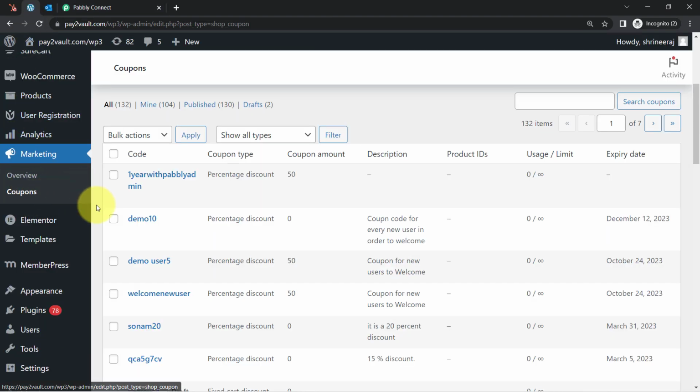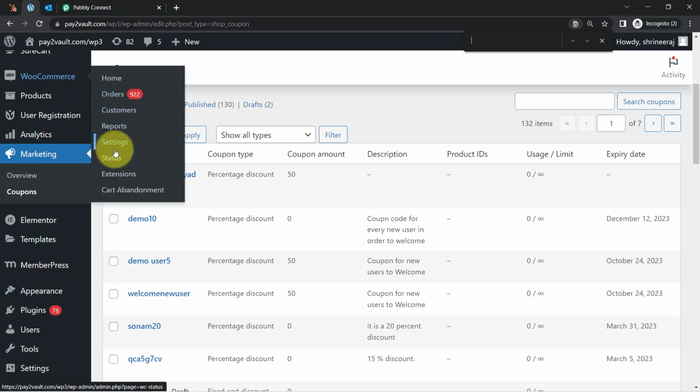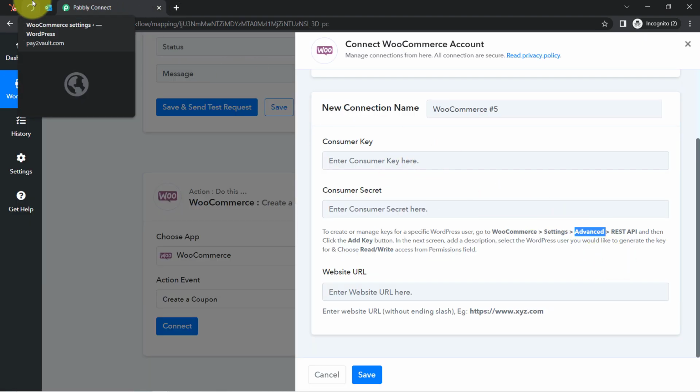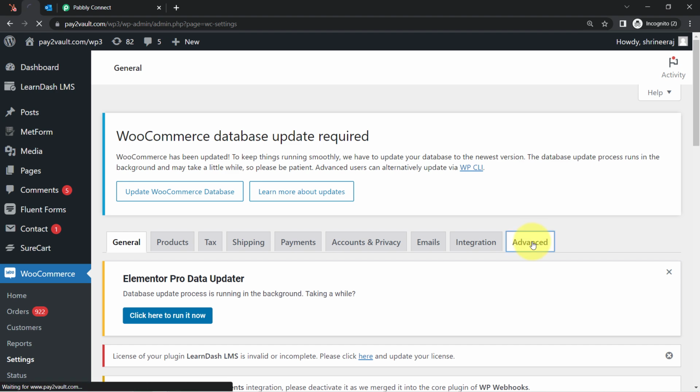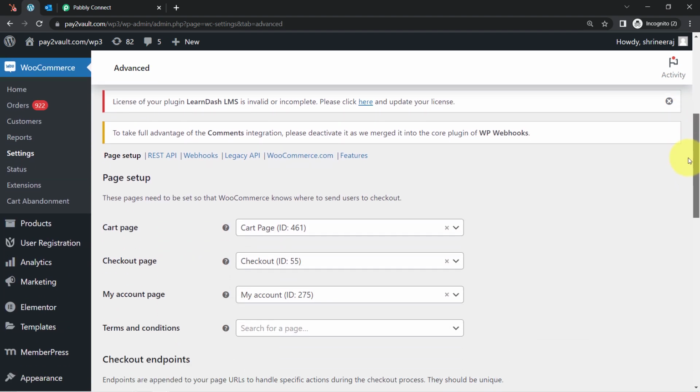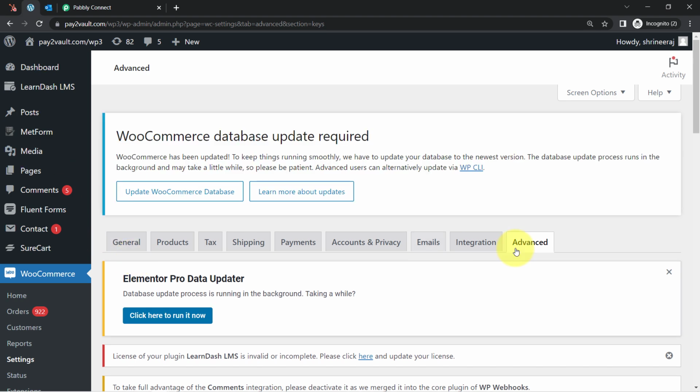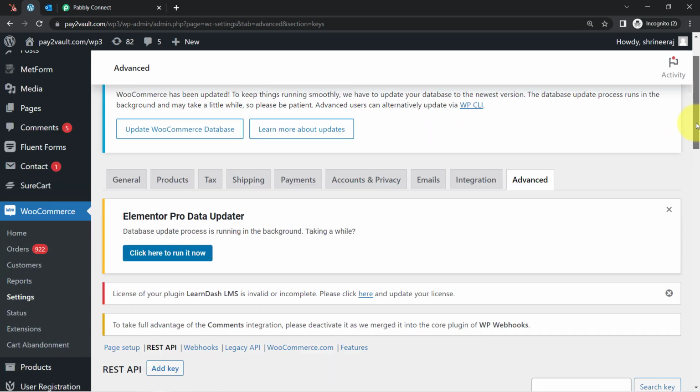Here I will go to the settings tab. Okay, so where is the WooCommerce? Here's the WooCommerce. Here I will visit this settings page, then I will click on this advanced and then the REST API. All right, coming back here, this is the advanced section, and under this advanced you can find the REST API option as per the instruction. Coming back to my WooCommerce dashboard, once I click on this REST API,